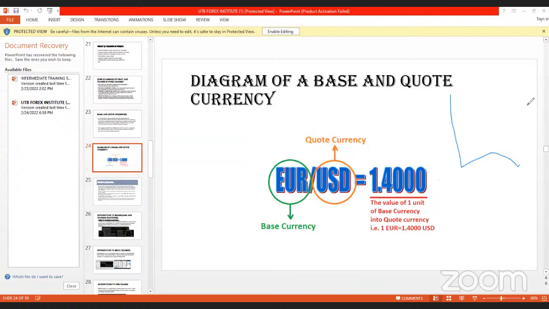Now this price is given in the quote currency. Like in this Euro USD chart, you will see the price of USD. That means how many units of USD will you need to get 1 unit of Euro? Because Euro in this case is your base currency and USD is your quote currency. If you want to reverse it, it's just the inverse, 1 over it. So it doesn't matter how you arrange it.